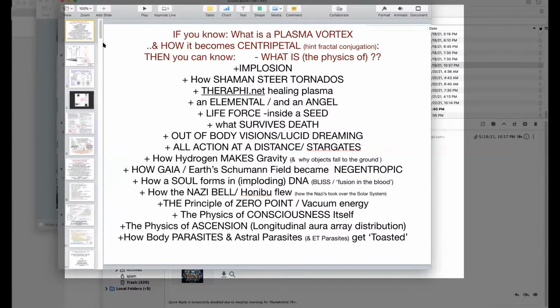Okay, so now you know what implosion is. Here's the 16 questions we answered. Now that you know what implosion, what centripetal force in a plasma vortex is, you also understand that if you were watching a shaman steer a tornado and you saw the bioplasmic streamers leave the belly of the shaman and embed in the vortex of the tornado, and the shaman becomes the centripetal force of the tornado and steers it,